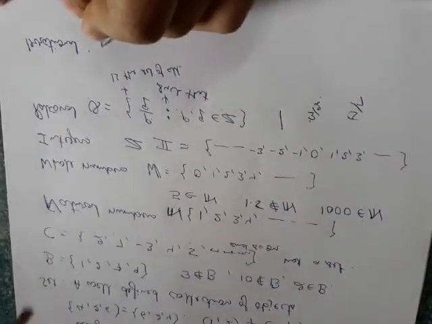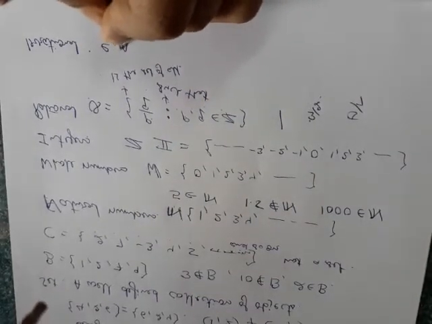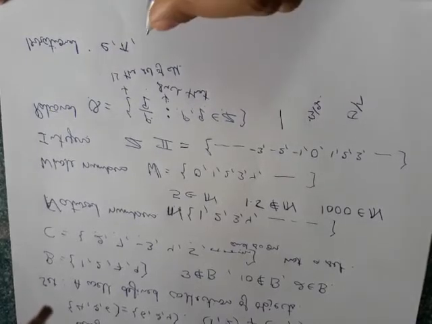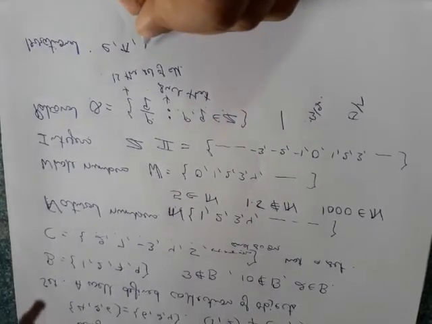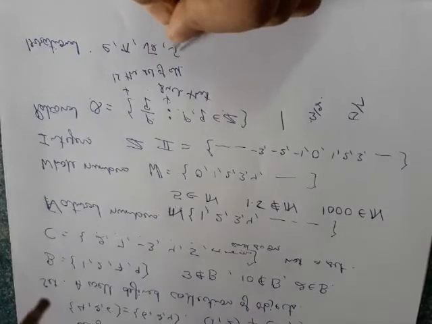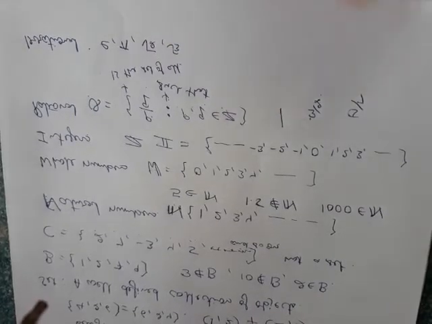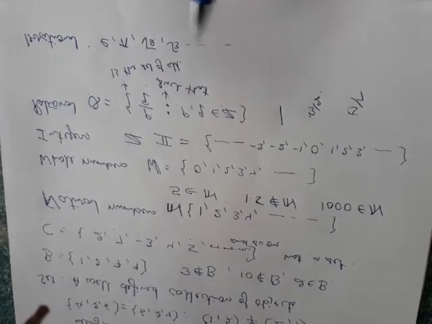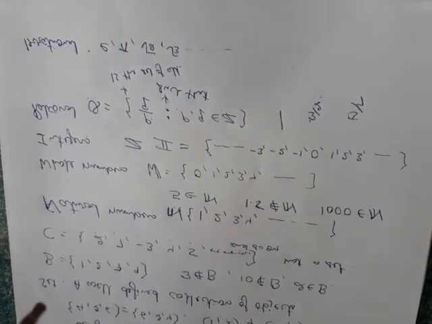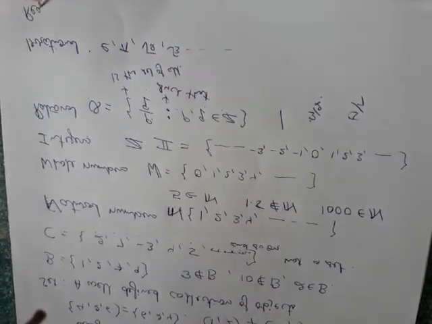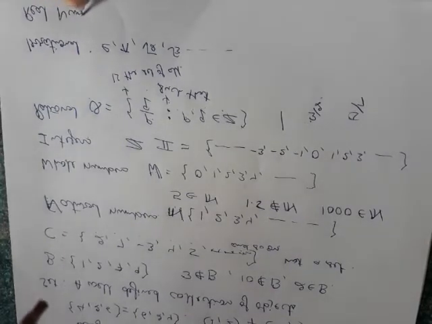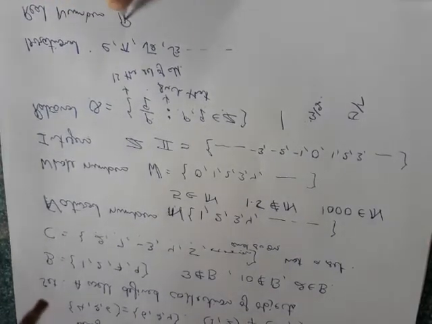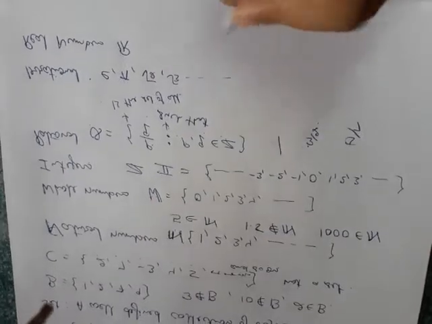Irrational numbers are usually e, pi, root 2, root 3. We will not go into much detail, but these numbers cannot be written in the form p by q. And finally we have the real numbers that we have used all the time when we say that this is a graph, this is the x-axis, this is the y-axis.